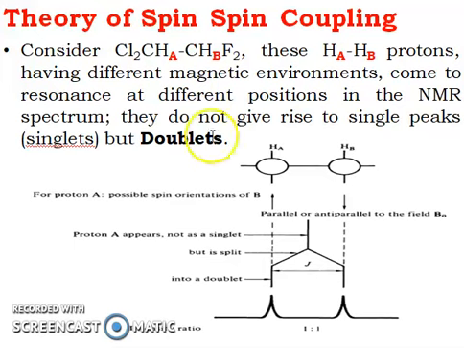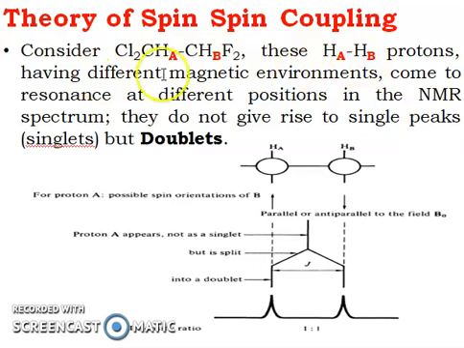In this particular molecule, we have two types of proton, HA and HB. HB is connected to the fluorine, HA is connected to the carbon that is connected to chlorine. It means these two are chemically non-equivalent and magnetically non-equivalent. This molecule will give us two peaks. These two peaks again will split into two because of the magnetically non-equivalent proton adjacent to them. So let us discuss why it is giving two.